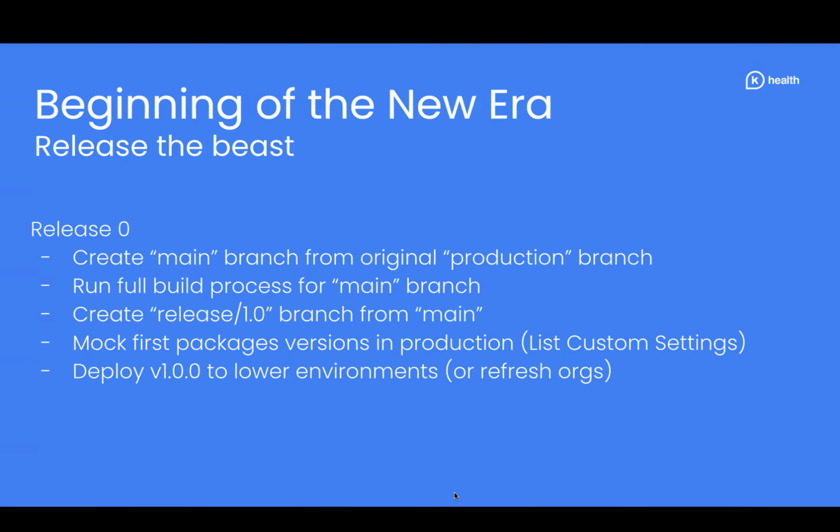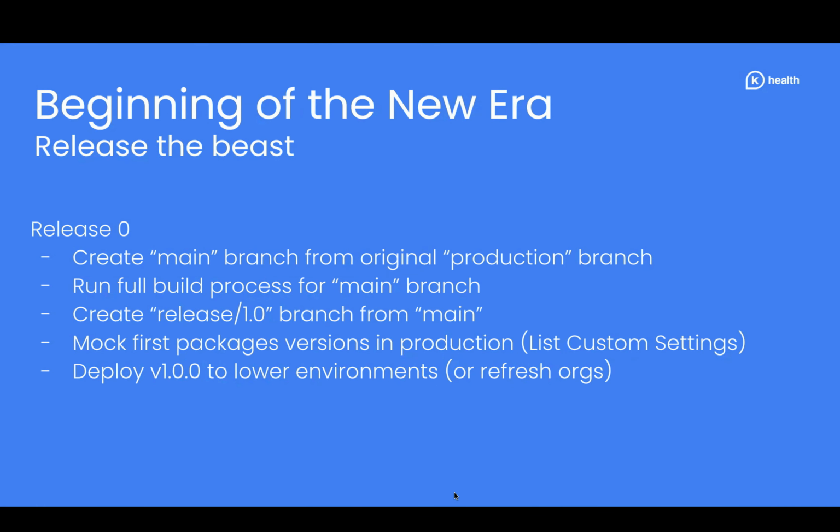And we instantly created the release branch out of the main branch. By the way, when you create the main branch, the build was executed. So basically, thanks to DX@Scale, it automatically creates package versions, right? So versions are captured and stored in the package registry. So now we have them, right? We have the main branch, we have packages, and we instantly created what is called release. I call that release 0, and you'll understand why it's 0.